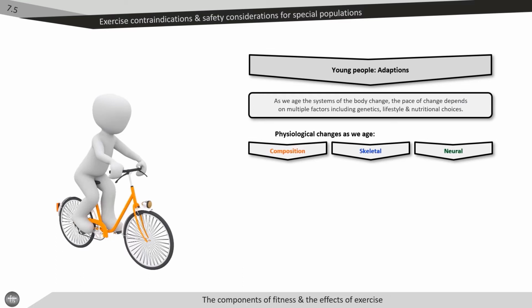In relation to body composition, muscle mass steadily increases as children grow. During puberty, an increase in hormone production results in an increase in muscle mass. Hormonal differences between boys and girls mean that increases in muscle mass are greater for boys throughout their adolescent years. Girls generally carry more body fat than boys during and after puberty, and this change in both boys and girls